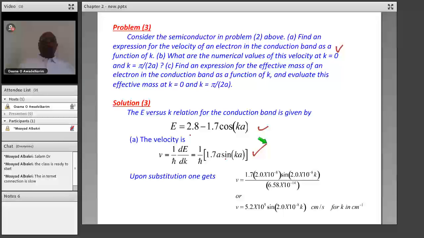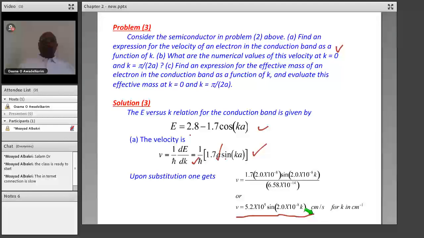Now, if you substitute the values of a and the values of h bar, you get this expression for the velocity as a function of k, in centimeters per second, for k in centimeter to the minus 1. So the velocity of the electron is 5 times 10 to the 5 sine 2 times 10 to the minus 8 k